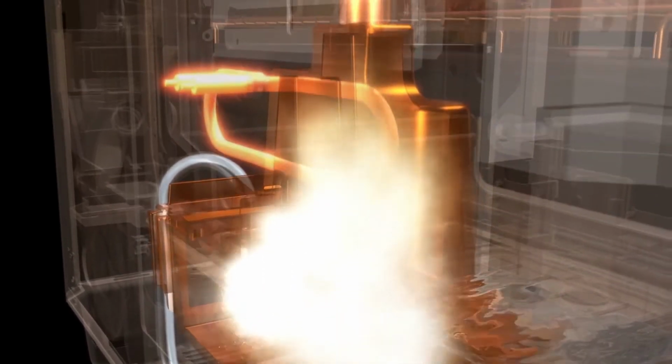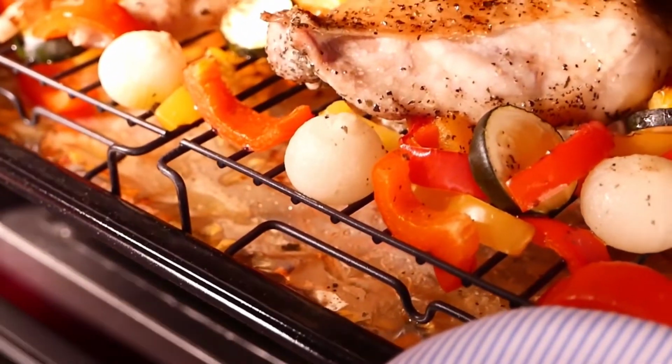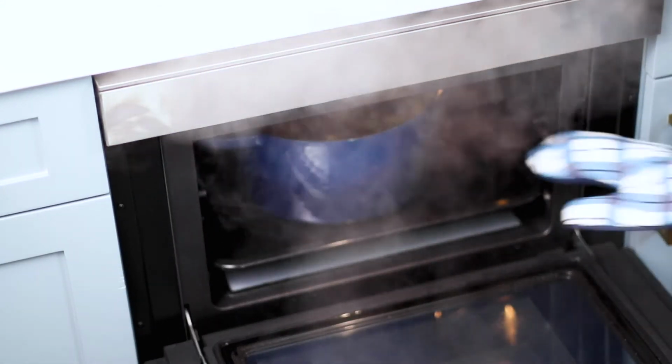While regular steam only reaches 212 degrees Fahrenheit, the Sharp SuperSteam Plus oven can create superheated steam up to 485 degrees Fahrenheit. Steam this hot can roast meats and caramelize sugar, so your food can be brown and crispy on the outside, tender and juicy on the inside. With the Sharp SuperSteam Plus oven, you can grill without smoke, roast without drying, and get the roasty, toasty, tasty